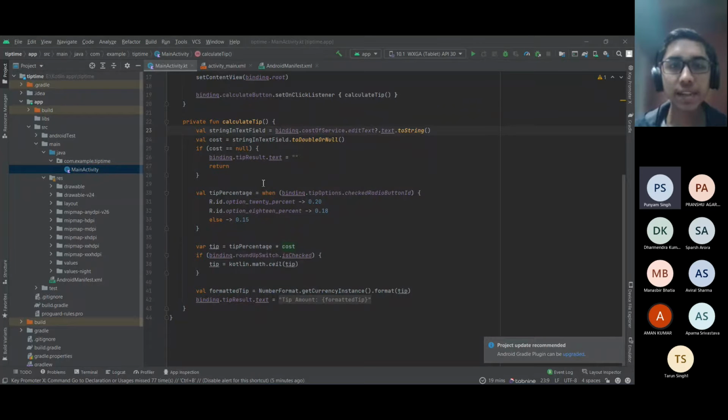So here we see recycler view dot view holder. The class that we initially inherited from our item. If you can see here, we said that our item view holder class inherits from our view holder. But here what we're saying is that each item is a view holder itself.